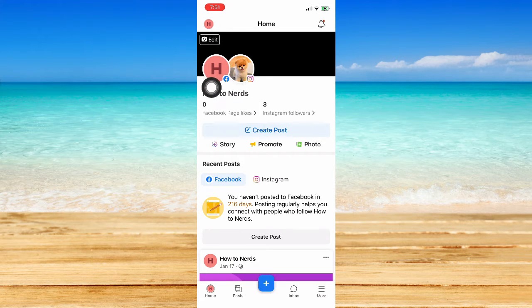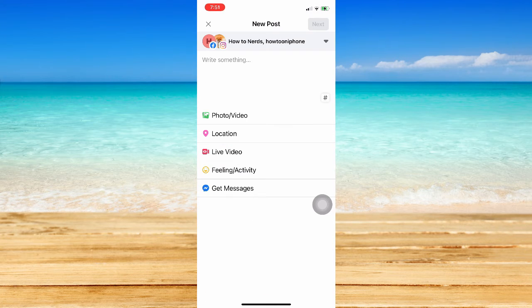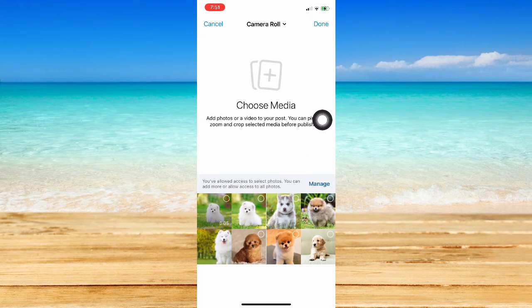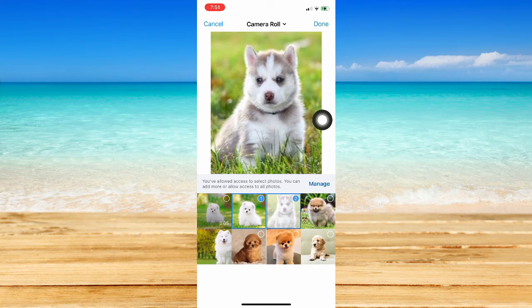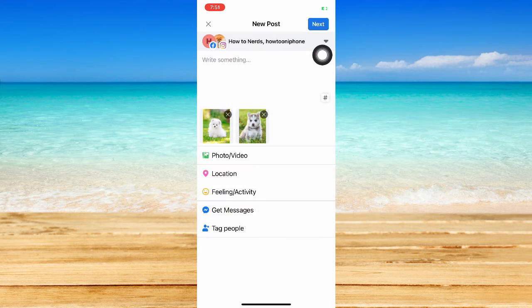So now assuming that you have done connecting your Facebook page and your Instagram, what you're going to do is to go to this plus button right here found on the bottom middle of your screen and then go to Post and choose the photo that you want. For example, I will be choosing these two. So click on Done found on the upper right corner and then you may type in your caption,